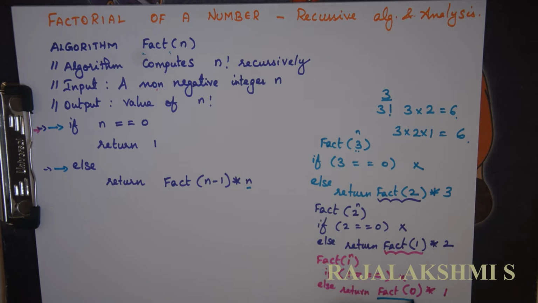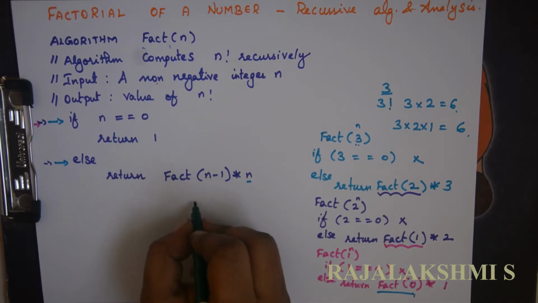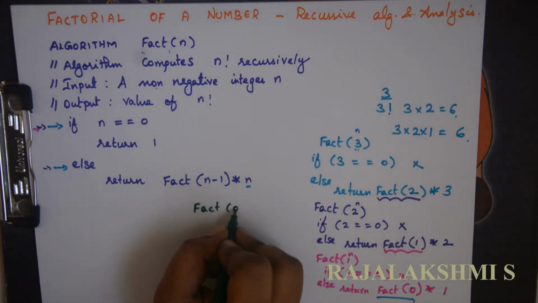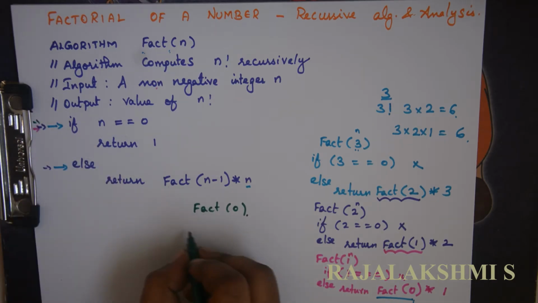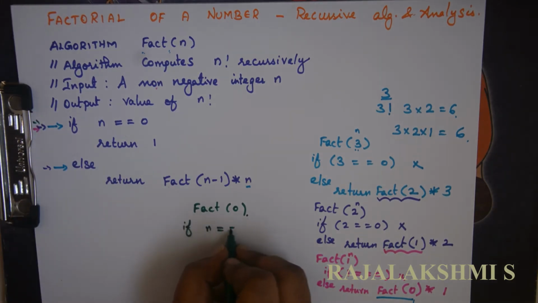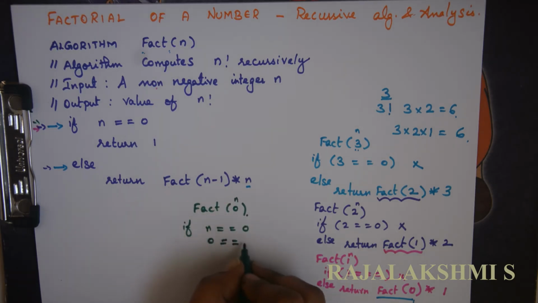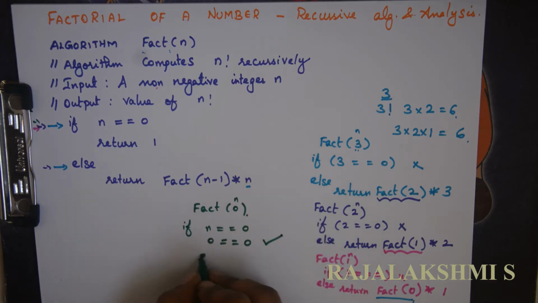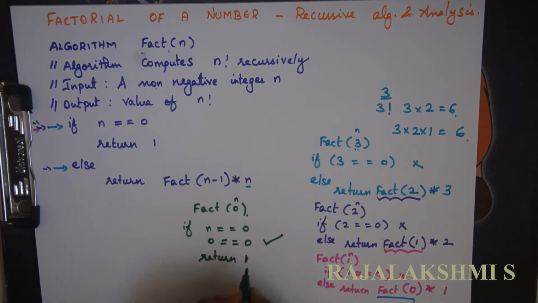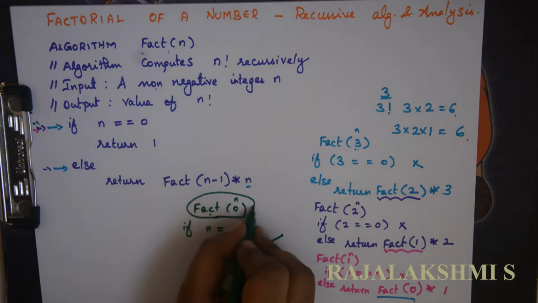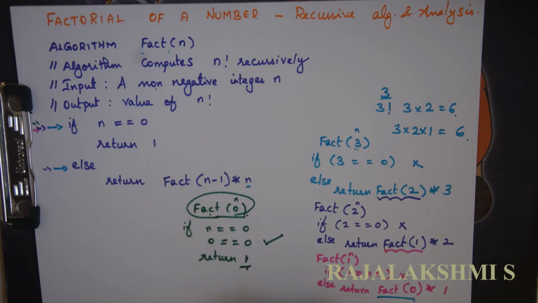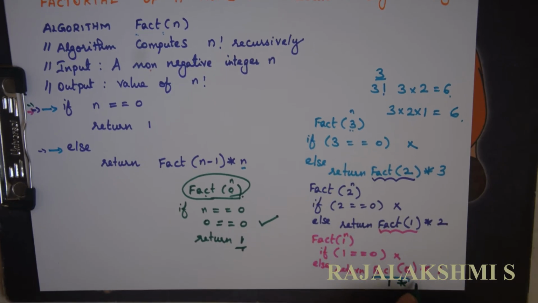So now once again we have a function call, fact of 0. This will be invoked with n equal to 0. It checks if n equal to 0, which is 0 equal to 0. The condition is true, so this call will return 1. Fact of 0 returns 1 to the place where it was invoked. So here the answer will be 1. Instead of fact of 0, the answer is now 1, multiplied with 1.